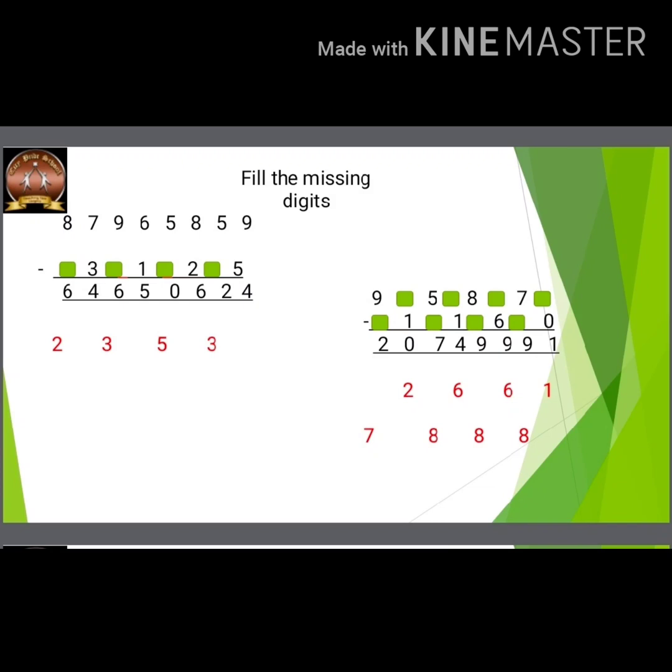So I cannot write 3. So I have to write 2, because when I borrow 1, it remains with 1. So 1 minus 1 will give me 0. Now the last one, and that is the very simple one. 9 minus what will give you 2? That is 7. I hope you all have understood these missing numbers, and we will surely give you a few more examples which will give you good practice.